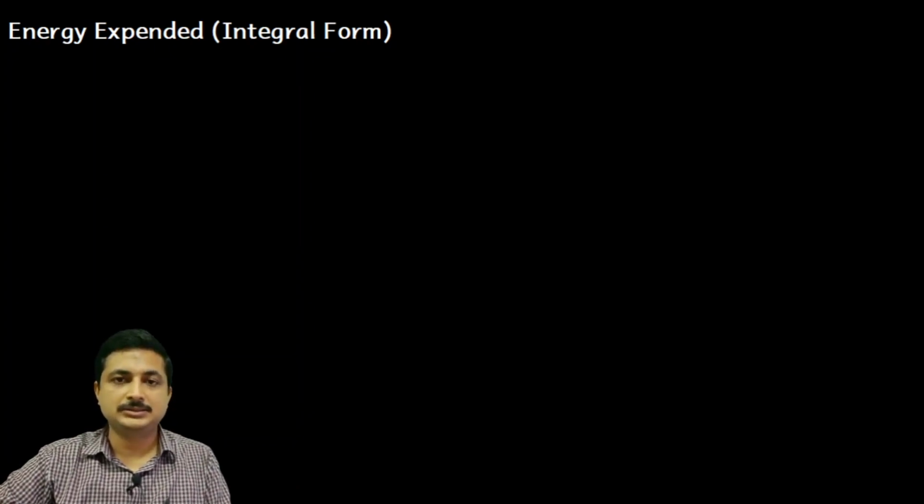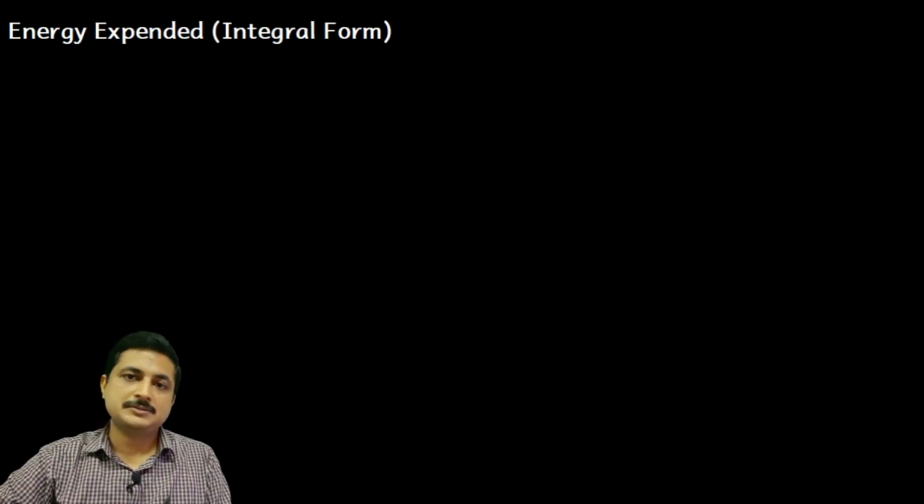What it means is, for a small distance in an electric field, we could easily calculate the energy expended. Now, if the field is very large, non-uniform, in the sense that at every point in the field the E vector is different, it is not the same. So we have a non-uniform field, and the path required for the charge to move from one point to another is also pretty large. In that case, what will be the work done? How are we going to express the work done?